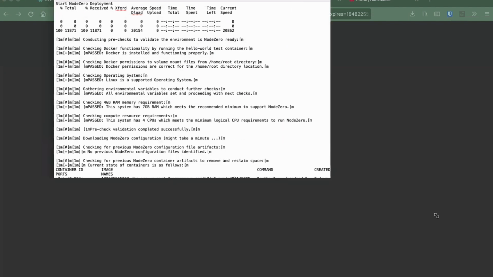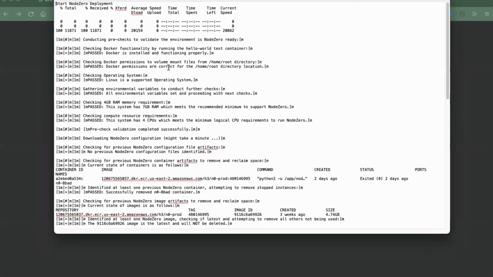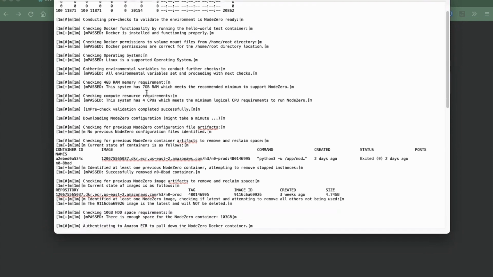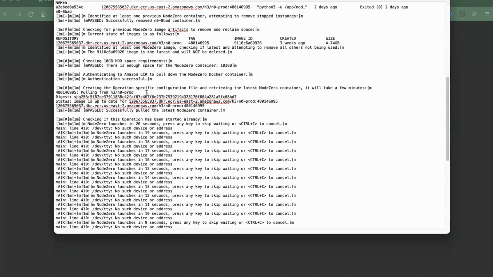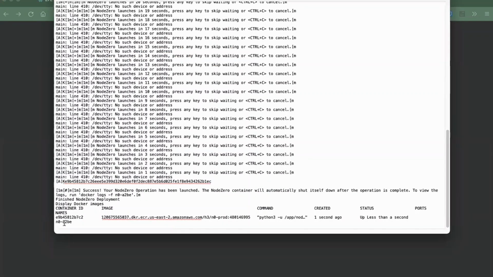You can download it as a text file, and you can see that we downloaded the latest Docker image, from where we downloaded it, what we did on our own device, and then ultimately we started. You can see down here that we are currently running their Docker image. The Docker image will completely destroy itself after the test is done,